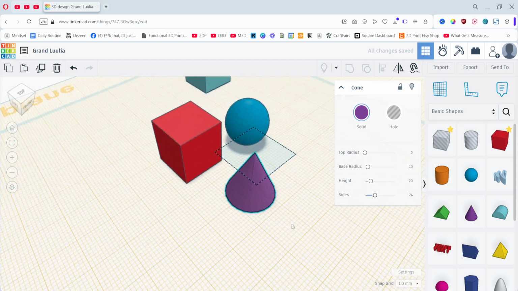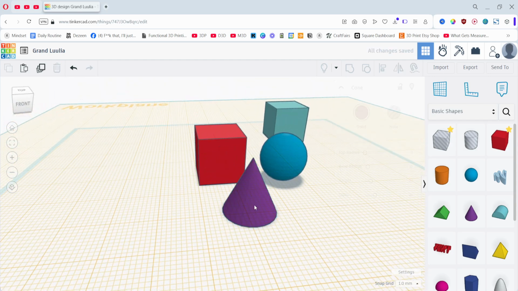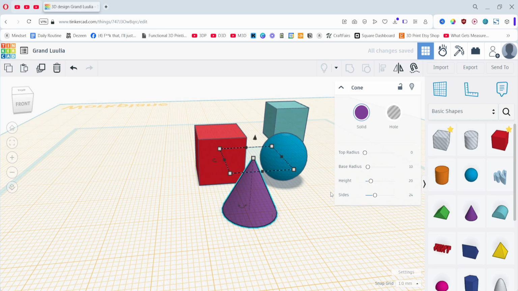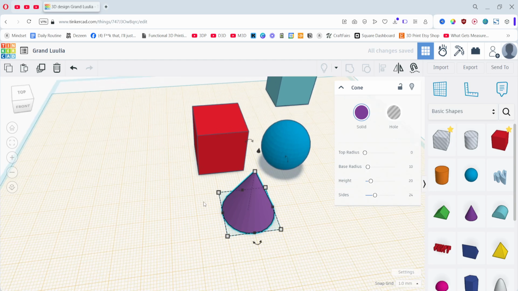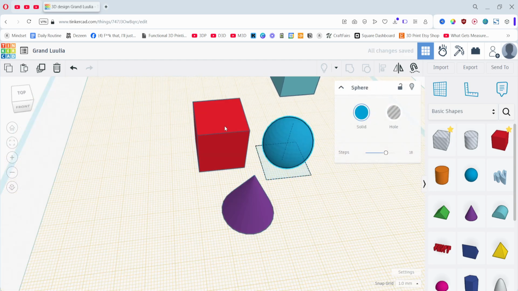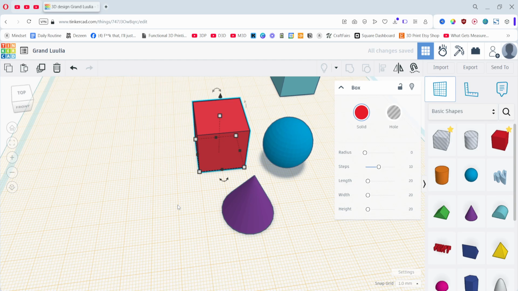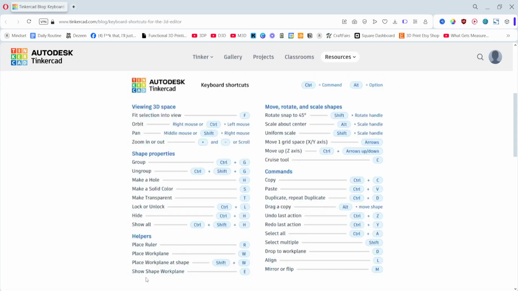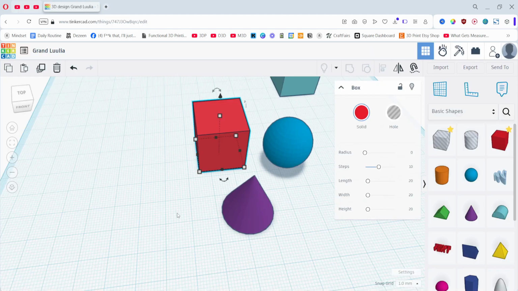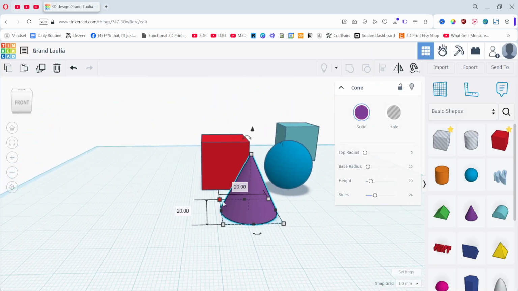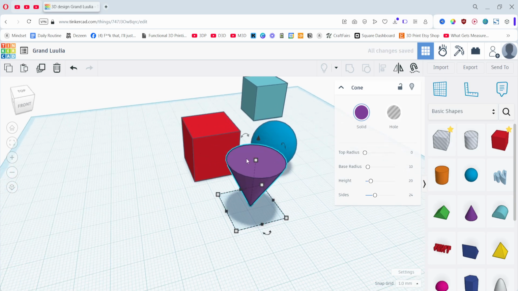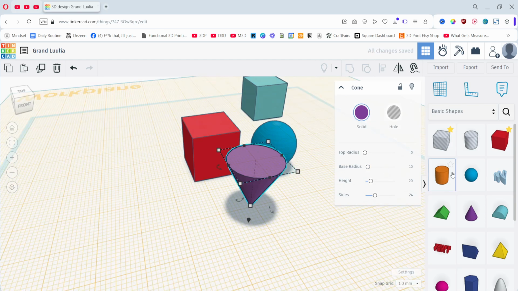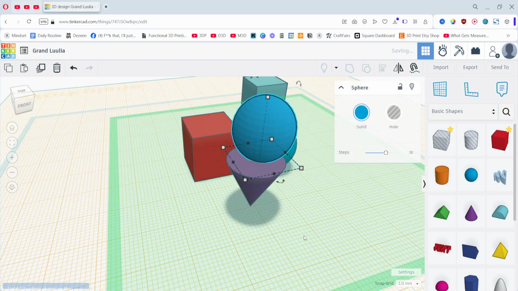It's a bit off, ain't it? Oh no, that's just the view. If you do Shift W here, then it does it to the flat side. Shift W, and to get back to the default, W and click the main space. Show shape workplane. So basically, if I rotate this again and I do Shift W and add in a sphere,